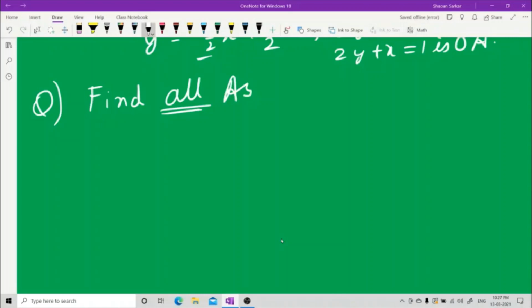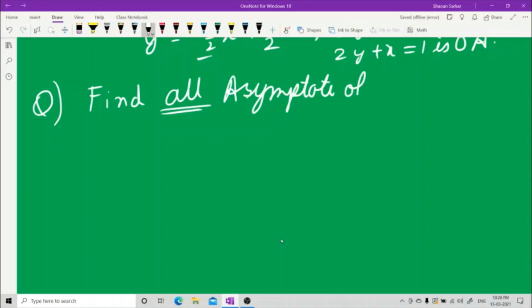I'm asking, when I write the word all, that means I'm asking about horizontal asymptote, vertical asymptote, oblique asymptote. जब मैं all लिखता हूं तो इसके मतलब क्वेश्चन में all है का मतलब सारे बताने हैं. हॉरिजॉन्टल, वर्टिकल एसिम्प्टोट बताना है, हॉरिजॉन्टल एसिम्प्टोट बताना है, ऑब्लिक एसिम्प्टोट भी बताना है, सारे बताने हैं. तो ऑल